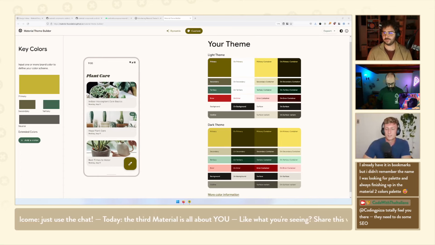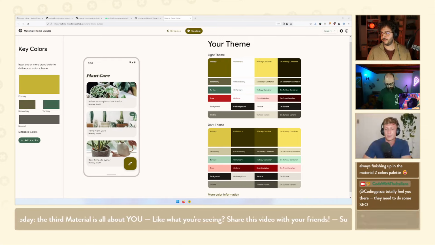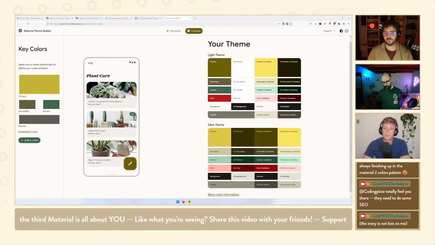So this is quite a cool one because, as I was saying, if you're coming to Material You, especially with a brand or an existing Material 2 app, and you want to adapt those colors so that they, A, work with the new theme, so you know what to put in what attribute, but B, feel at home next to other Material 3 apps, then yeah, this is the tool.